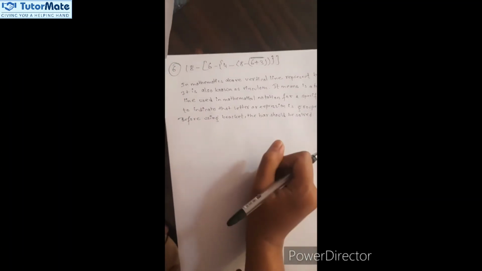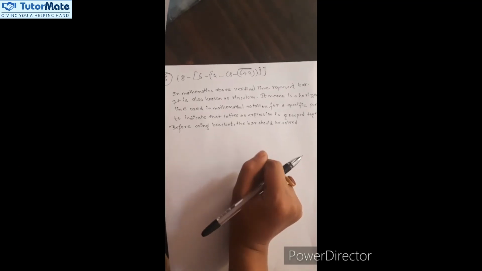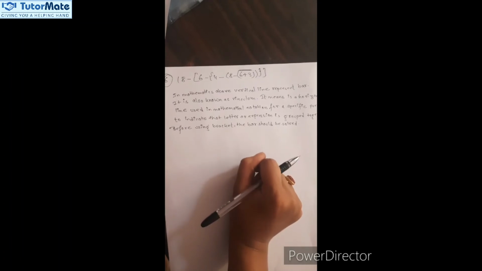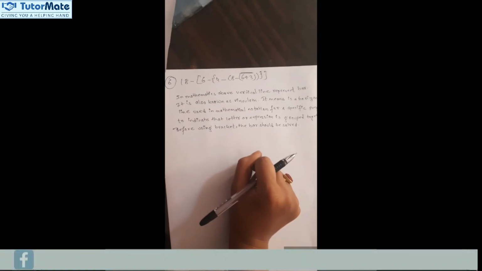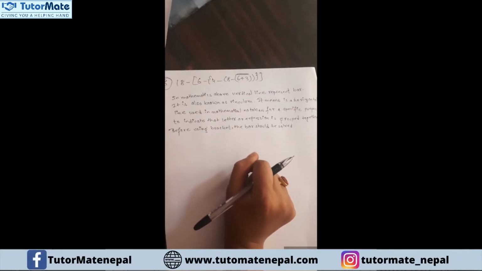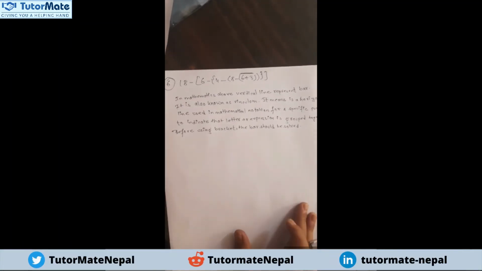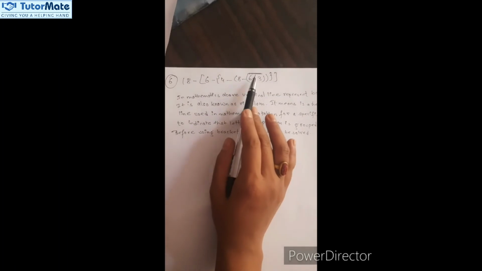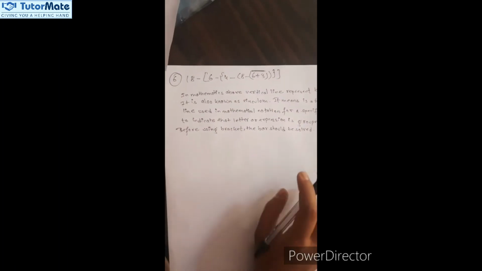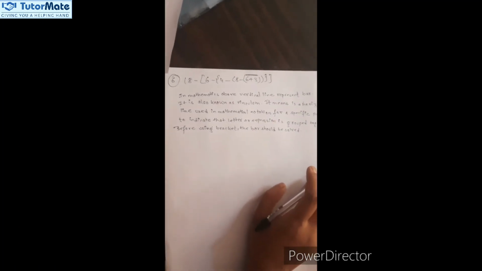So as we read in the BODMAS rule, the first step is to solve the bracket, the second step is to solve the 'of', the third step is division, the fourth step is multiplication, the fifth is addition, and the sixth is subtraction. But in this question there is a bar, so there is an exception. First of all we should solve the bar, then only the brackets should be used according to the rule.